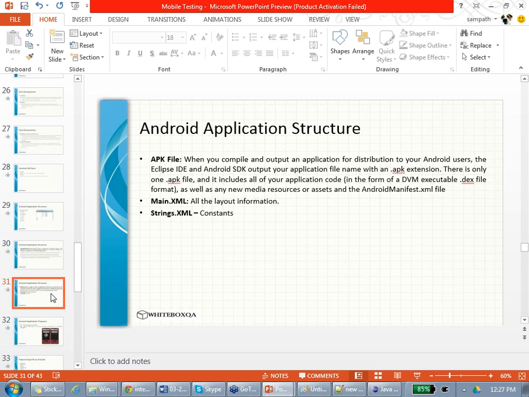So that is called an APK file. APK is the application package file. It's called an Android package. Like we have exes on Windows, right? If you have that exe, you got everything, right? So like the exe, that is called an application package file. So we make an APK file.